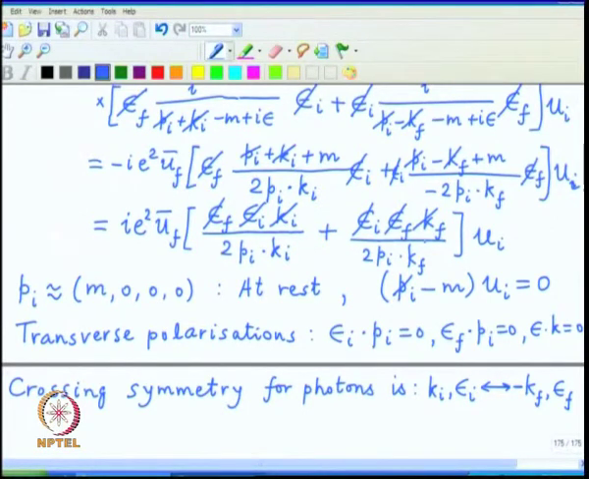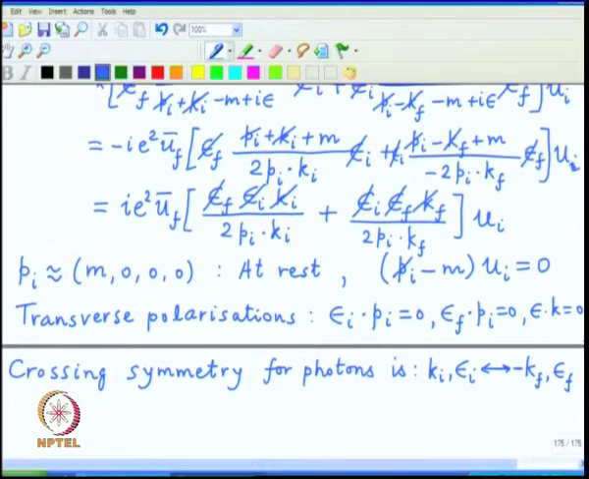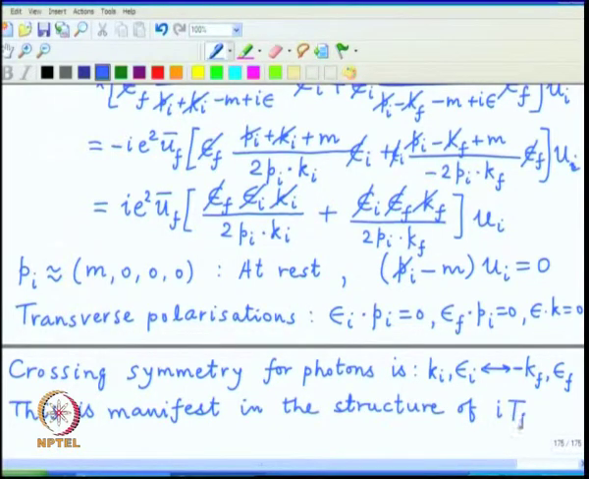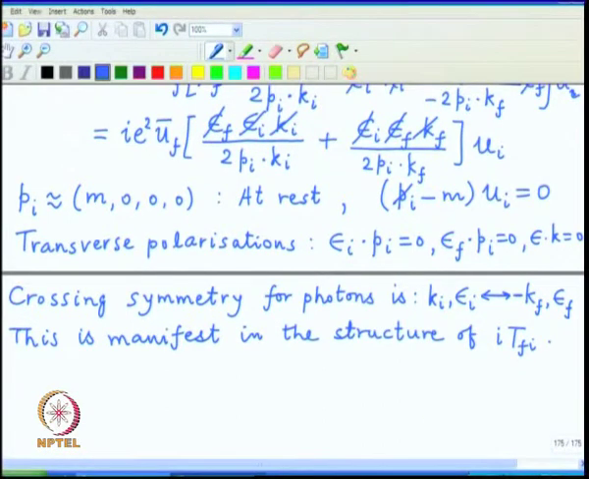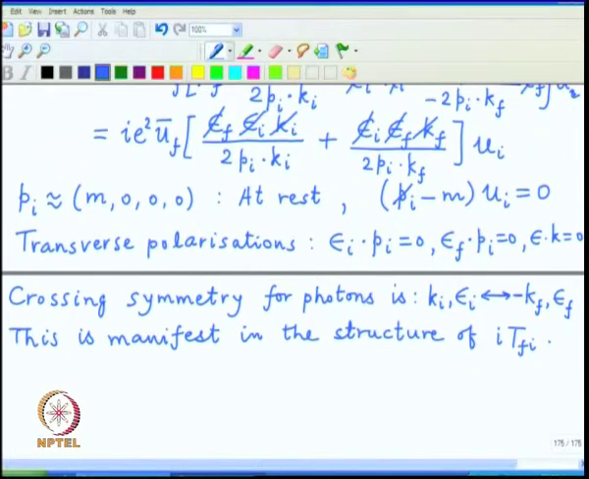So, in this particular form, even this crossing symmetry is manifest in the structure of T f I. So, that is as much as one can do in terms of calculating this matrix element. And now, to calculate the